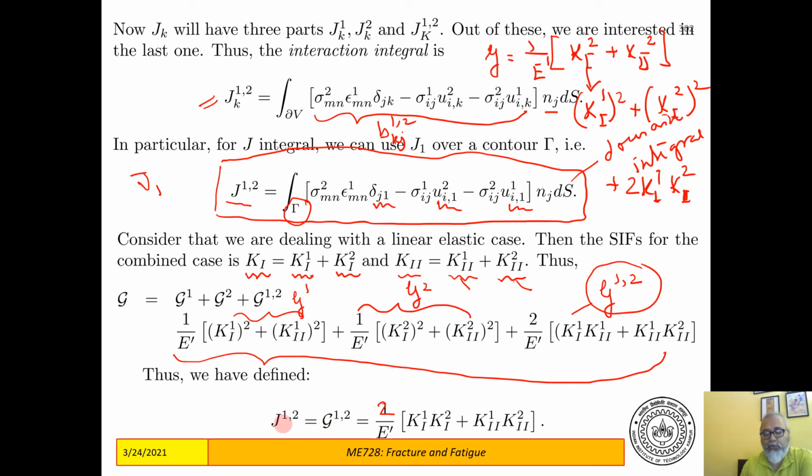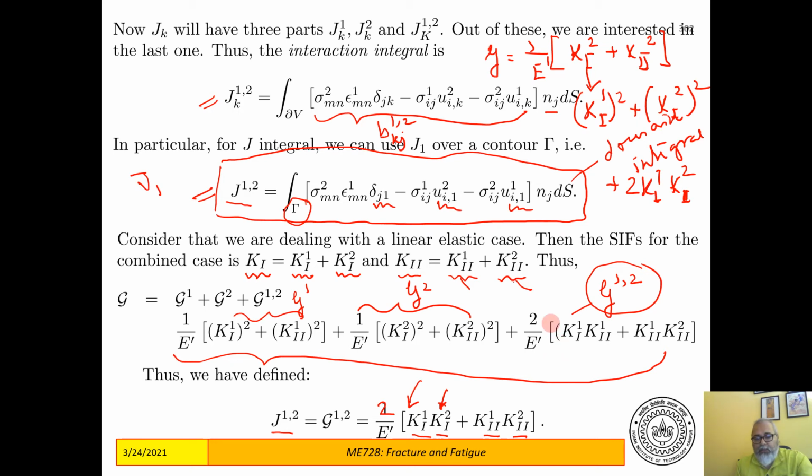So G12 should be equal to J12 in the elastic case, and therefore if I can calculate this J12, I have a relation between J12 and the stress intensity factors in load case 1 and load case 2. Load case 1 is what we want to find. Load case 2 is an auxiliary case for which we know the solution. Now